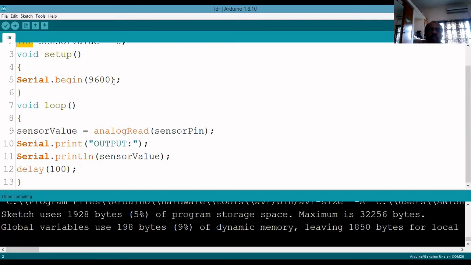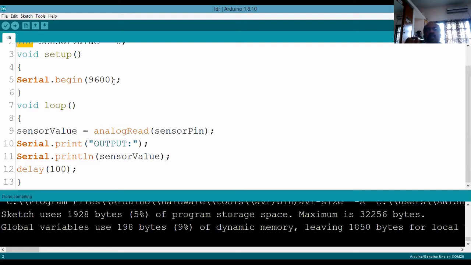Here, by using RS-232, I am going to transfer the data from the Arduino microcontroller to the display through serial communication. Here I want to fix the baud rate. What does baud rate mean? 9600. Baud rate means number of bits transmitted per second.